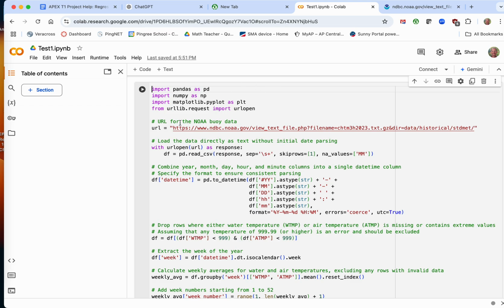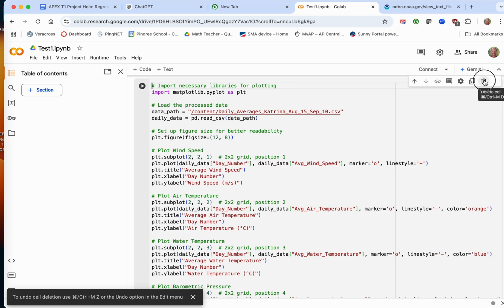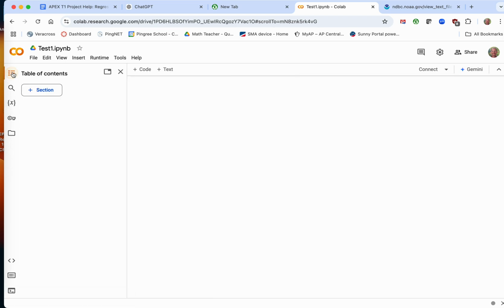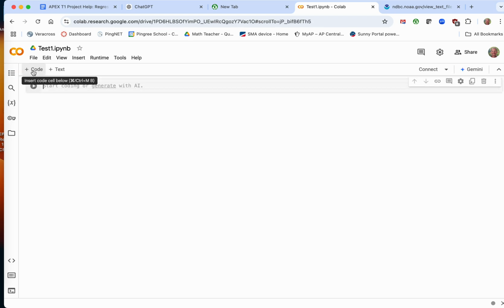Okay, so I am going to clear this out. And yep, so it went right back to where I was. All right, but you should get something like this. This might be collapsed over here. I can make it come back by clicking these three, but I hit a plus code. You might find that the very first time you see something just like this. All right, so